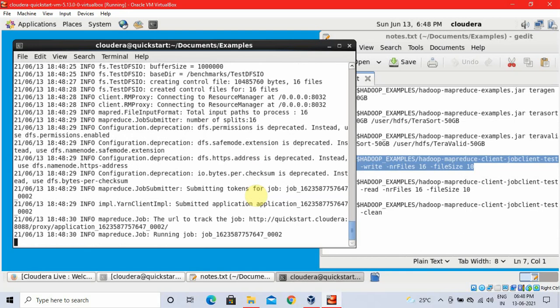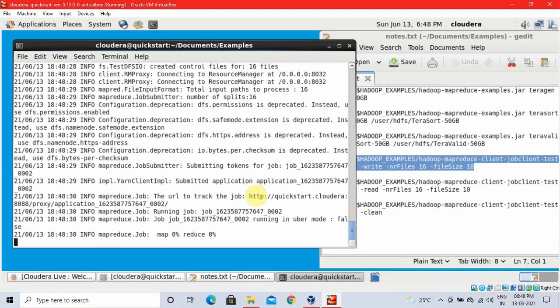Okay, next, this is for the write mode. Then you have to run it in the read mode. For that you need to type the same command again. Wherever write is there, instead of write you need to give -read. nrFiles is nothing but the number of files, and the file size again you need to give as 10, because first we wrote 10 files. Then whatever files we have created, we are going to read that file content. Again you need to type the same commands, but in the read mode.